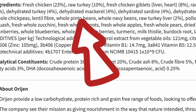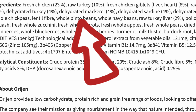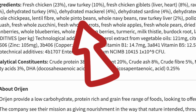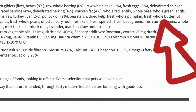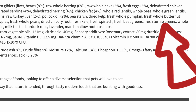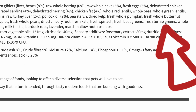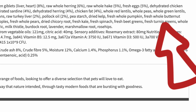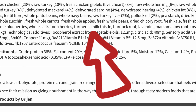The first ingredient is fresh chicken, and that's 23% of the bag. The second ingredient is raw turkey, and that's 10% of the bag. Then we have fresh chicken giblets, liver and heart, 8%. We have raw whole herring, that's 6%. We have raw whole egg, 5%. We have 5% fresh eggs. Then we go into the dehydrated meats. We have dehydrated chicken, 4%, dehydrated turkey, 4%, dehydrated mackerel, 4%, dehydrated sardines, 4%, dehydrated herring, chicken fat, and then